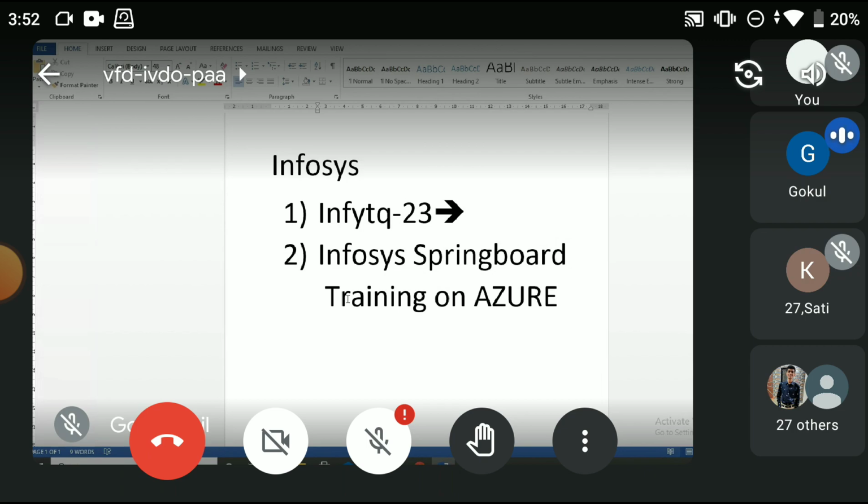You can check your mail of the 30th December. If it has not come, look in your spam, look in your inbox. You'll get a mail. In it you have to click on the link. Once you click on the link of Infosys Springboard,